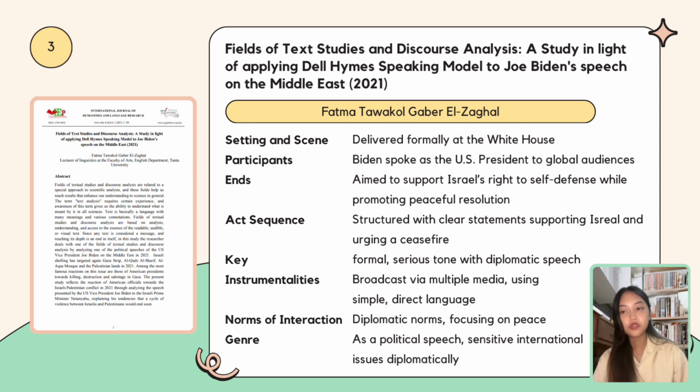And then for the norms of interaction, it's diplomatic forms focusing on peace. And then for the genre, it's a political speech, so there are a lot of sensitive issues being stated diplomatically by Biden. So it shows from this article that the speaking model is effective for analyzing political speeches like Biden's speech, and at the same time it helps uncover the